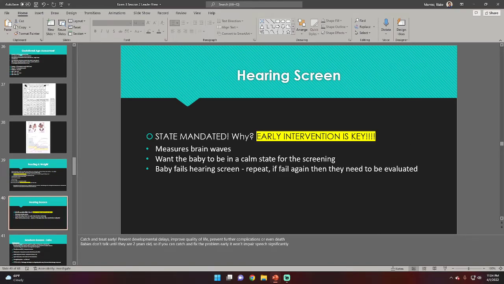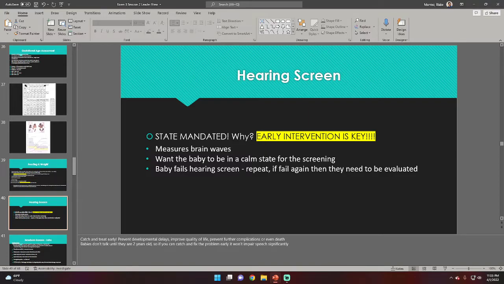We do perform a hearing screening on our newborns. It's supposed to prevent any, of course, hearing problems that develop later in life. If the baby were to have a hearing problem, that leads to cognitive disabilities as well. We're going to use brain waves. We're not going to ask them if they hear it, but we're going to use brain waves. We're going to put them on their head, and then they have some really cool headphones on, and we're going to see if the baby